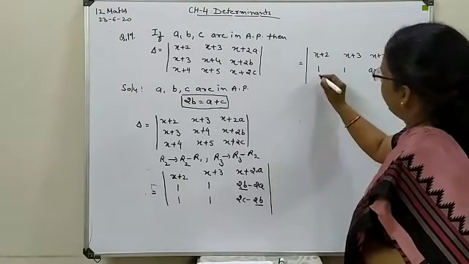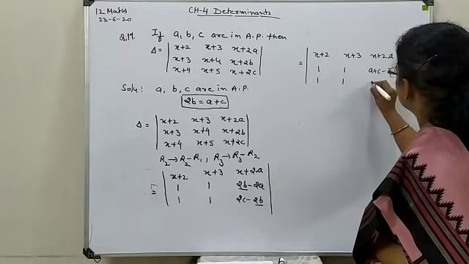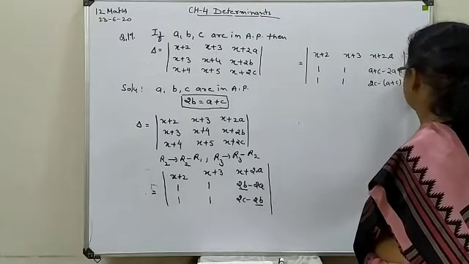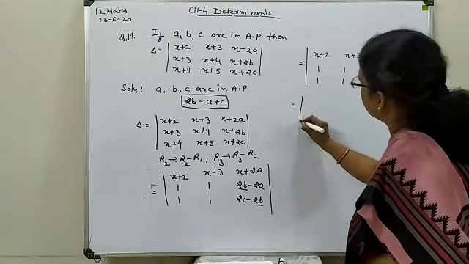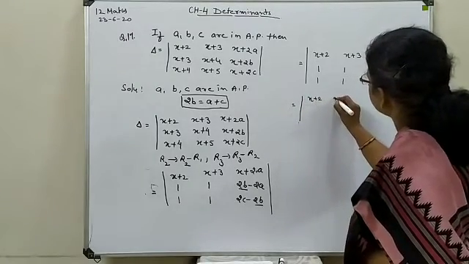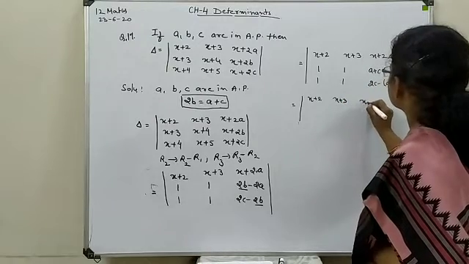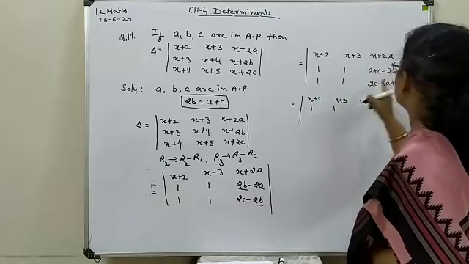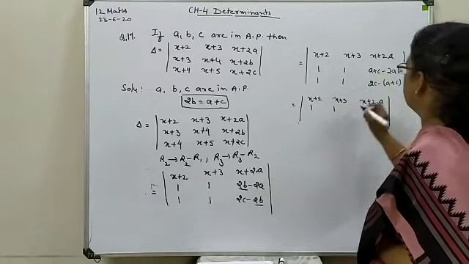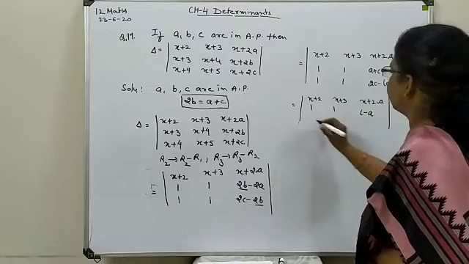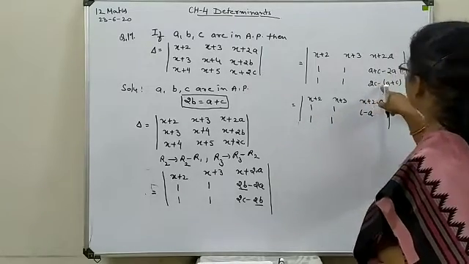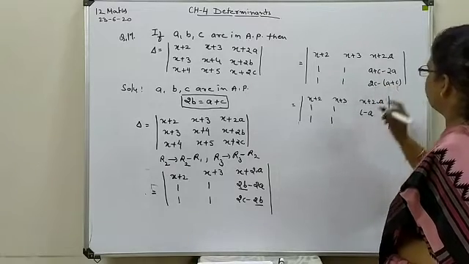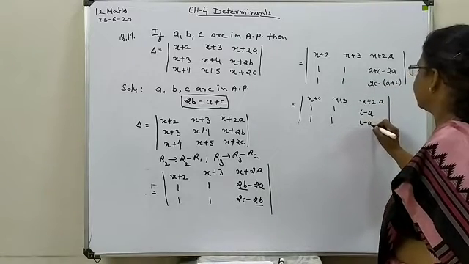a. In the last row, in place of 2b, a plus c. Now go for the subtraction wherever it is required. This is 1, this is 1. Here 1a is going for subtraction here. So left with c minus a. Here 1 and 1. Here these two are going to be multiplied with the negative sign. So 2c minus c, c, and this is minus a.